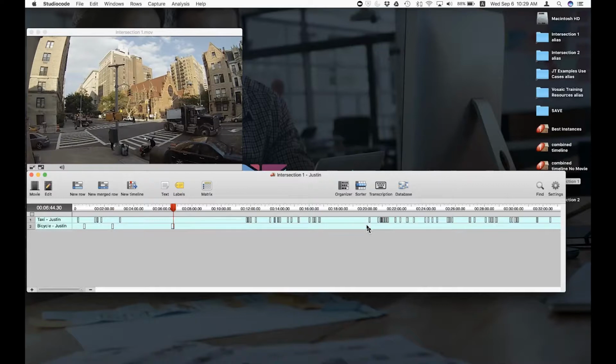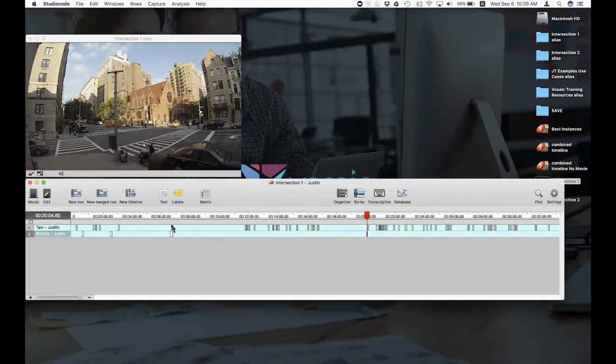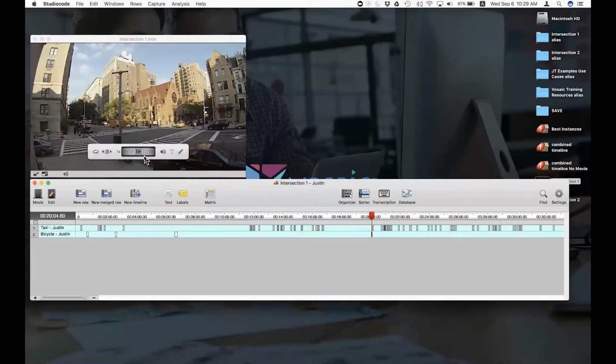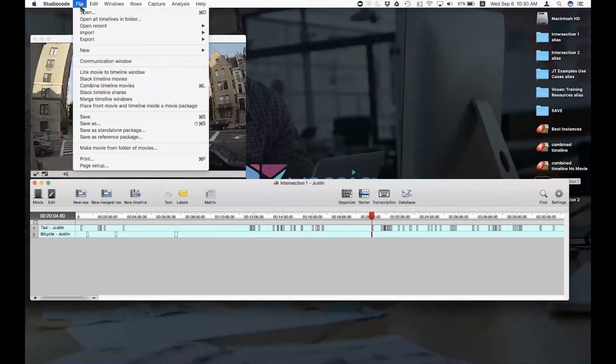So typically the thought is now, okay, Justin, I've done my own coding in my own timeline here. I want to get this information back to the main timeline. And so I can start consolidating various coders' information into a single timeline, right? So what I can do is go to File,